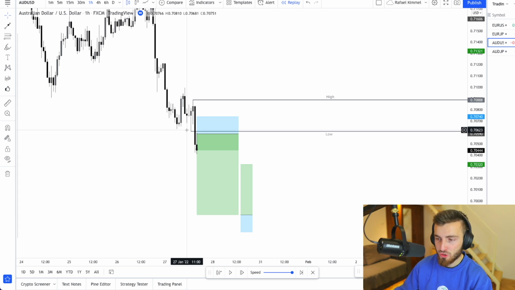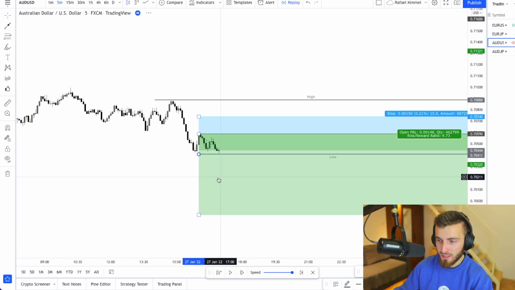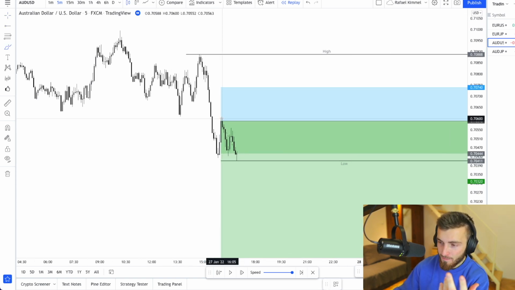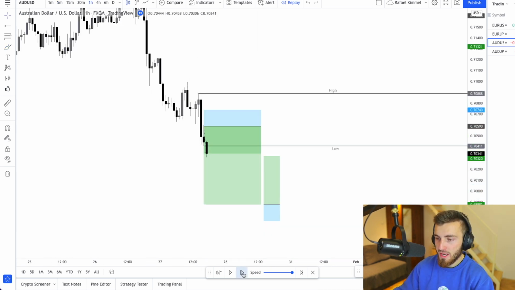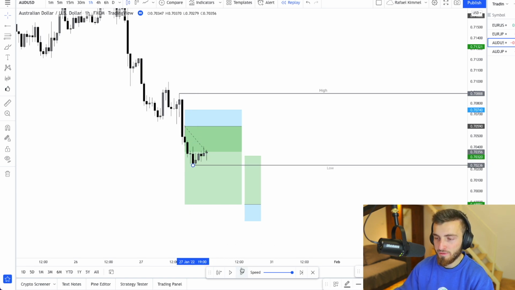So I set the trade. I didn't even think about it. What happens? I get just tapped in. This is beautiful. These are the type of trades that I love, where you get tapped in and it starts going. This is lovely. And then afterwards we start impulsing down. No real place to lock in profits as of yet.